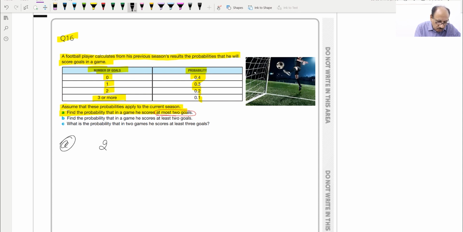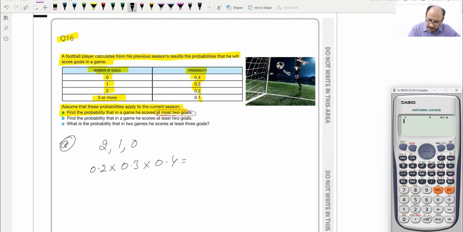Options are 2 goals, 1 goal, or 0 goals. So the probability for scoring 2 goals is 0.2, the probability for scoring 1 goal is 0.3, and no goal is 0.4. And we can calculate, this will be 0.2 into 0.3 into 0.4, and this will result in